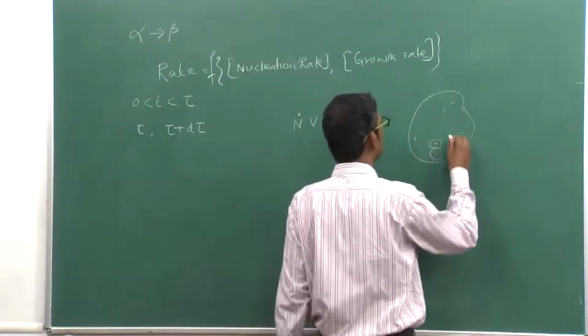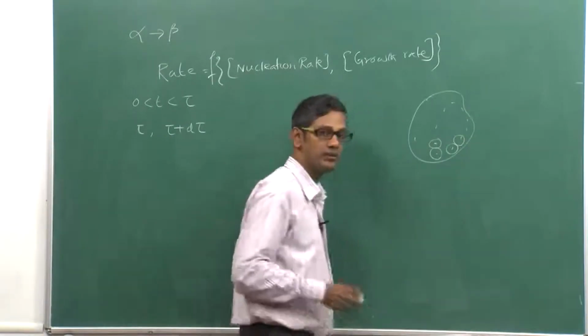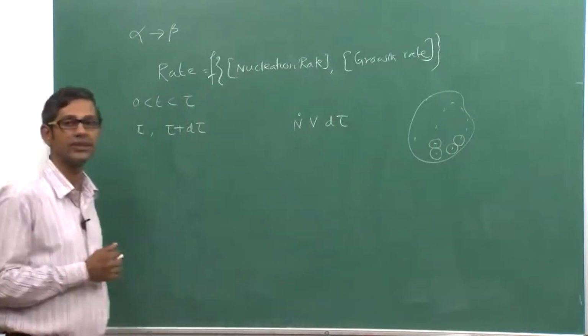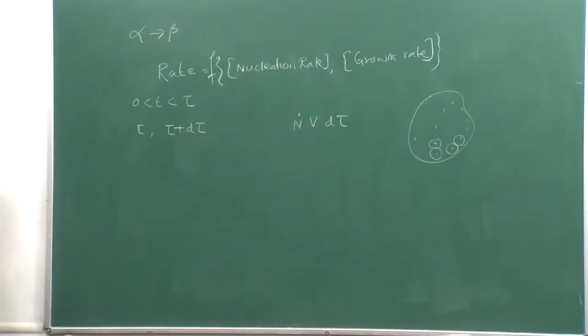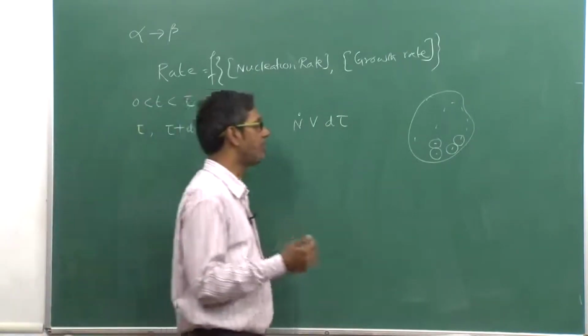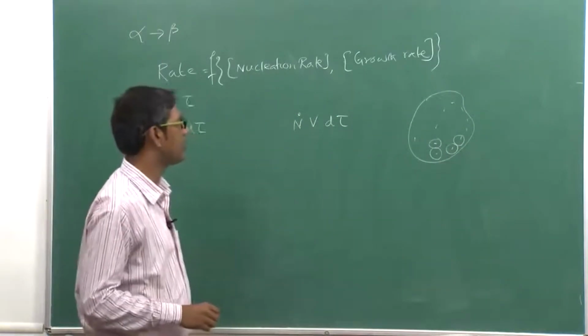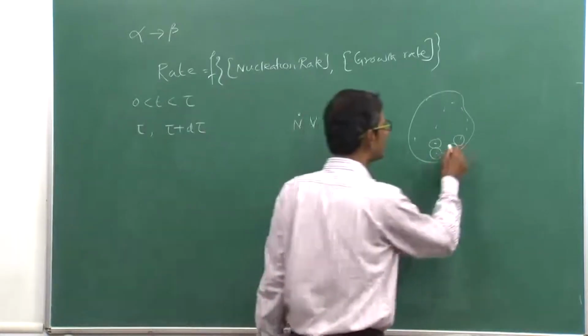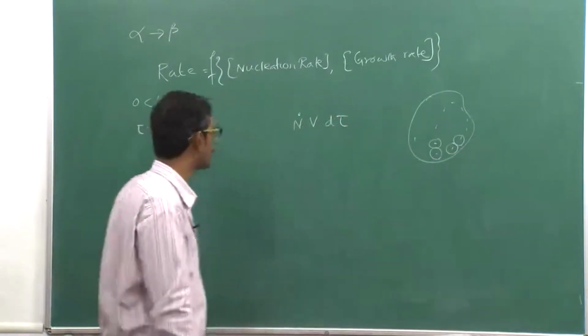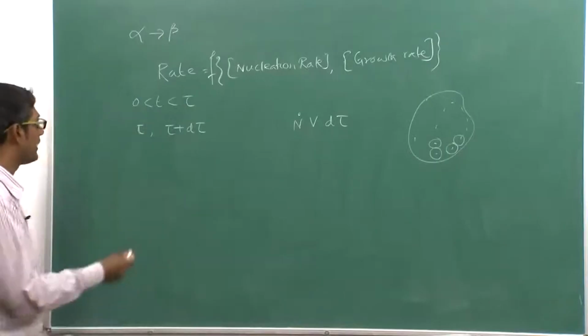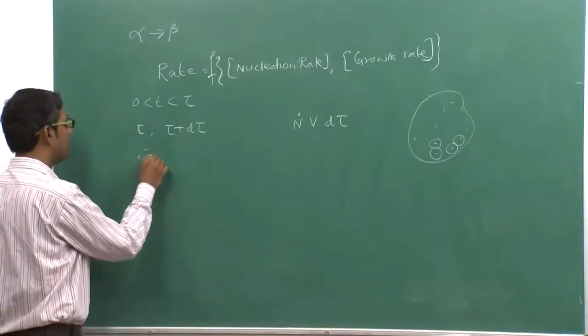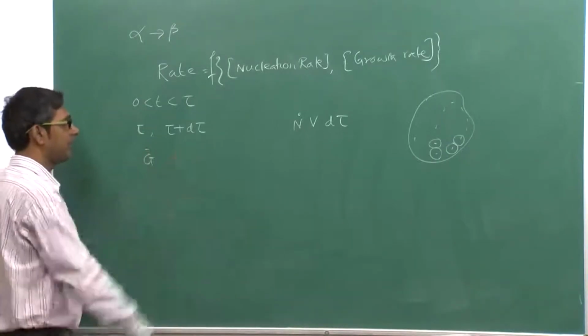So normally the nucleation and growth will happen together in these cases. They will not be happening one after another, because nucleation is the start process. Once it starts, then there is enough driving force available for each to grow for the recrystallization process also. So now the question is, if I have a growth rate given by G dot of these grains,